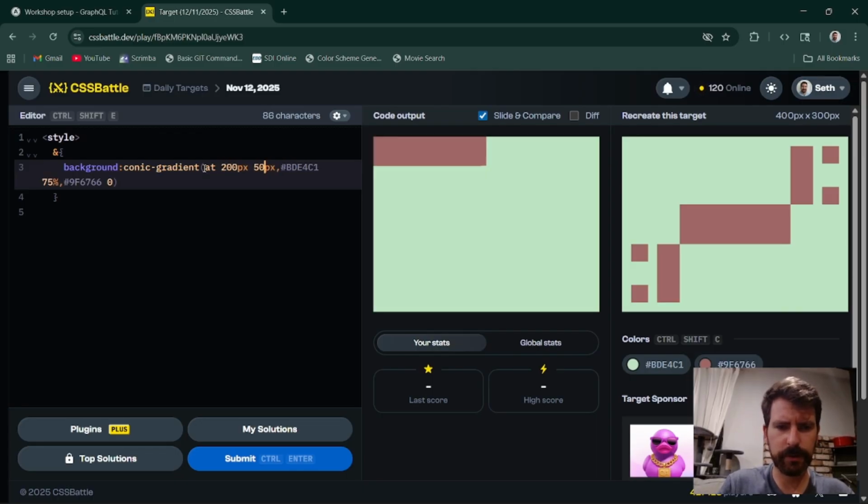A little bit more. 60. That look about right? And then we're going to position it. 50%, 50%. Nope. It's the HTML, so it doesn't work. You got to have set dimensions for percentages to work on that. So 200. Nope. 100 pixels by